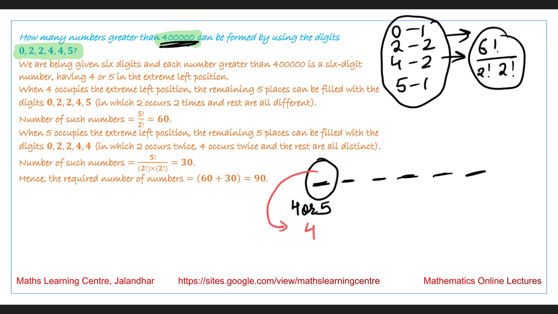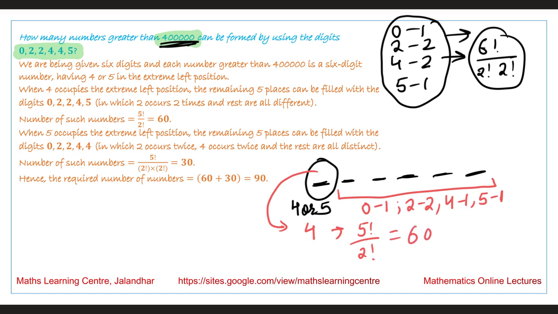So what are the digits we are left over with here? That will be 0 once, 2 twice, 4 one time, and 5 one time. So the total number of arrangements we can make is 5 factorial by 2 factorial. The answer comes out to be